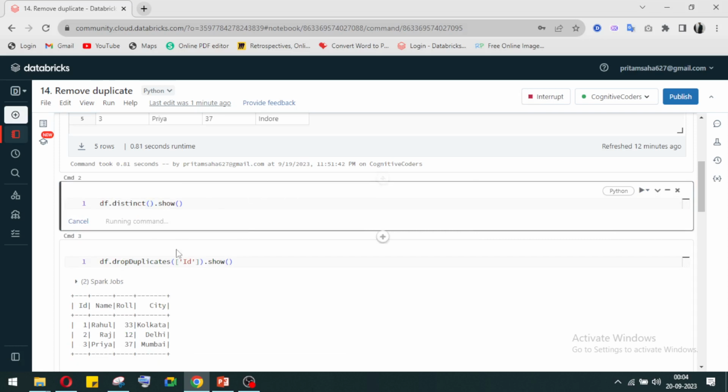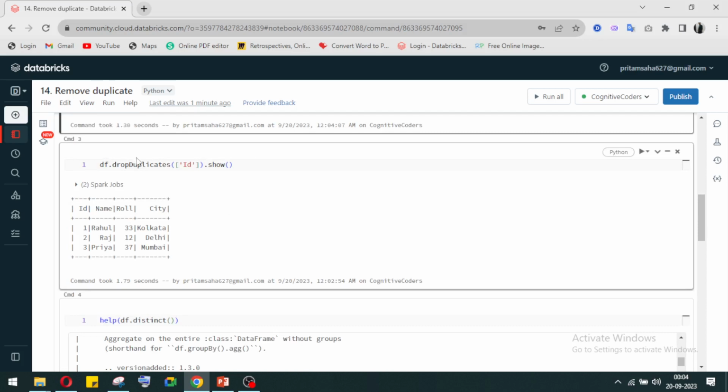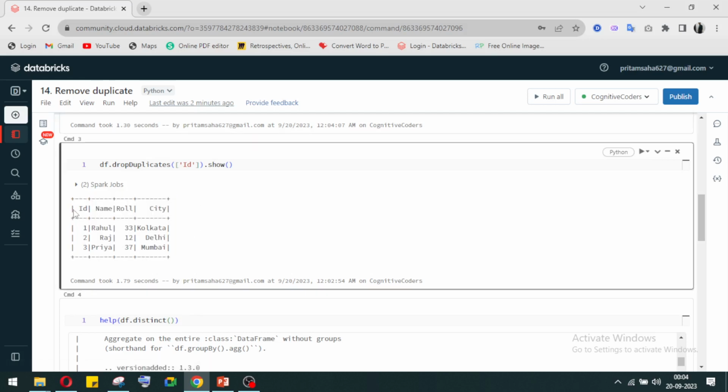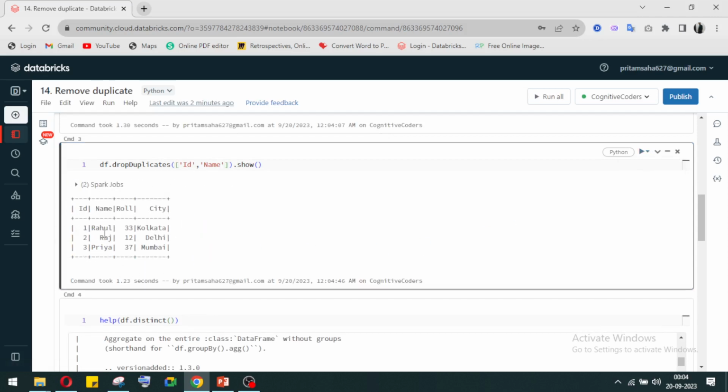So using distinct we can only delete rows which have duplicate values in all the columns. But using the drop duplicates function we can specify the columns based on which we want to remove the duplicates. We can also specify multiple columns. If you want to specify name also, you can specify based on id and name. You will get the same data, because